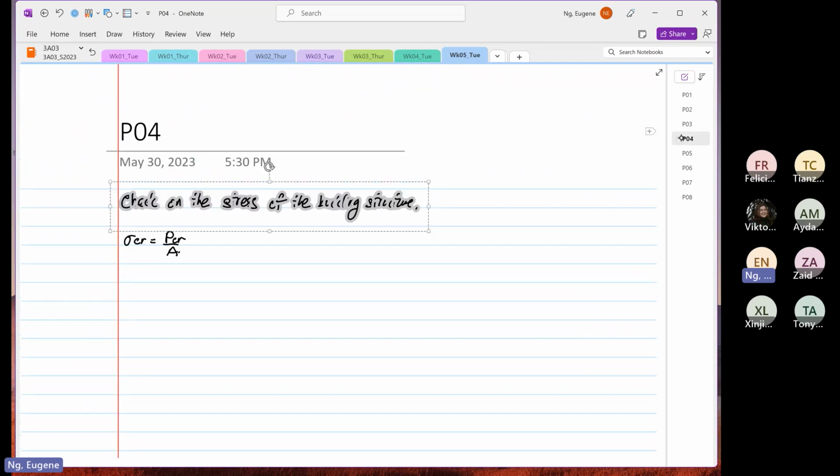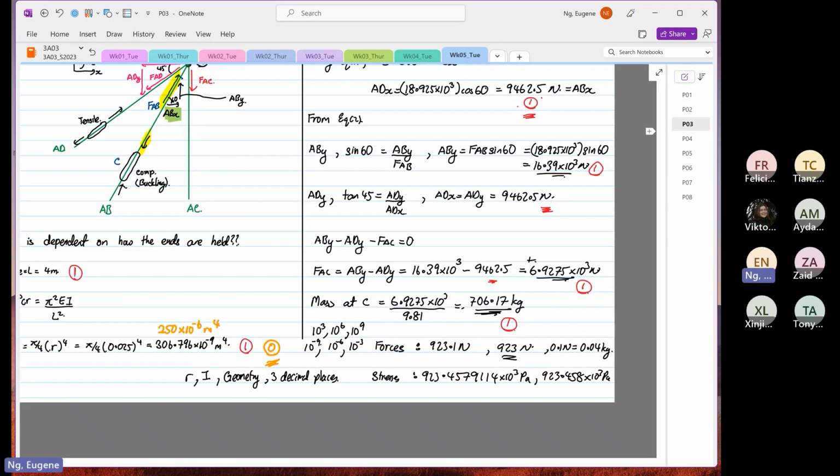Then you come over here. We have to do our stress check. So our P critical, what was it? Our P critical that we calculated is equal to